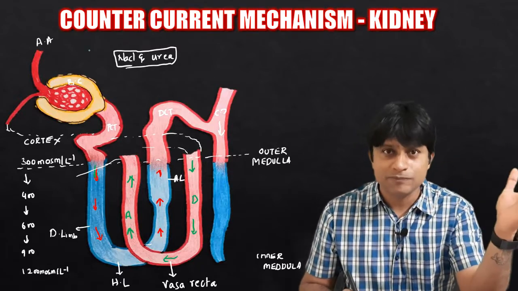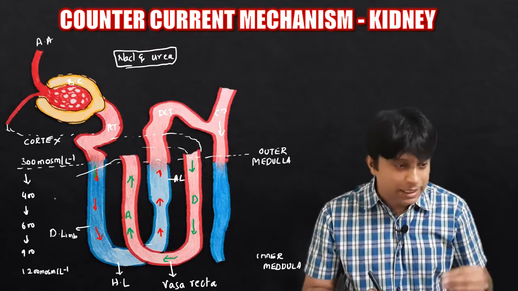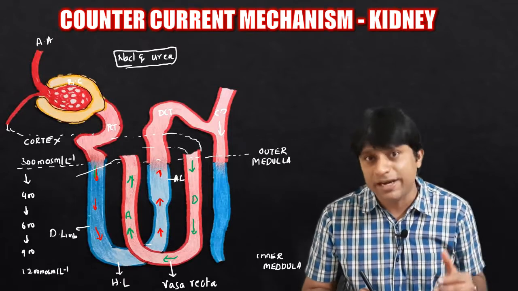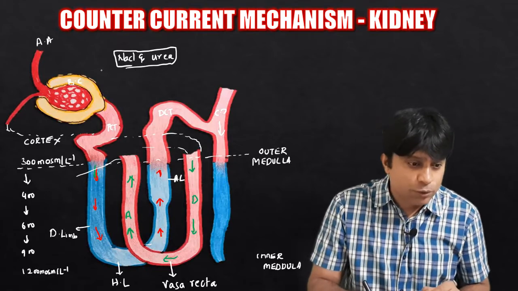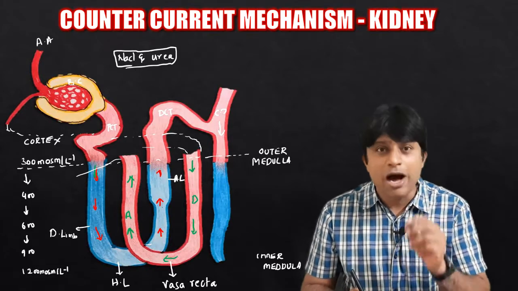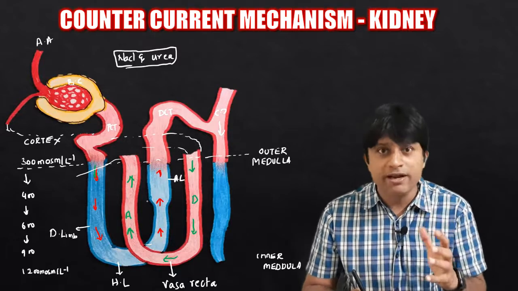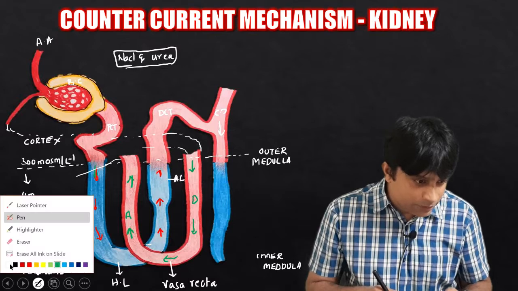It's very simple. Fine. Now, how is this osmolarity in the medullary interstitium maintained, how does it become concentrated? I said the two key factors here are sodium chloride and urea. So how will these two play a role in making the hypertonic urine at the end? Let us have a look at these parts.